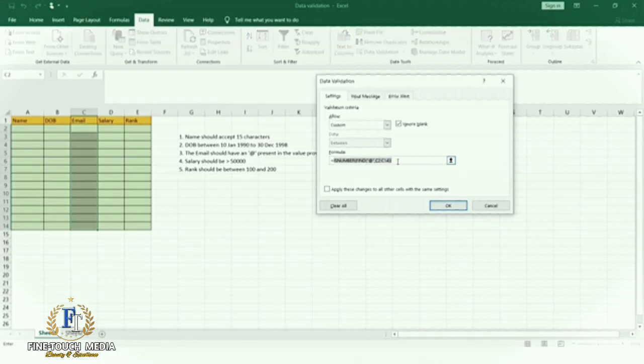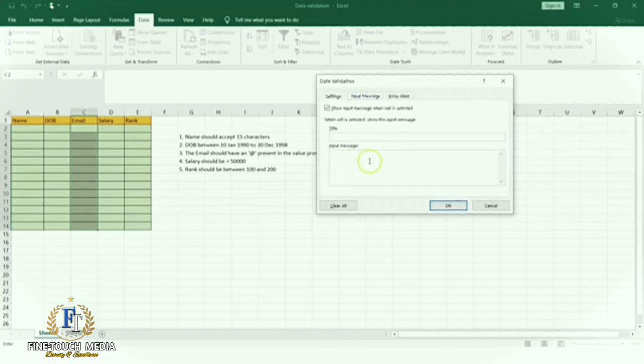So the only thing we are concerned about here is that the value should have an email icon. You can input a particular message. You can say what has to be done for error alert. So for example, we can go in here and say "invalid email." That's the title I'm giving. And we can say the message, "email should contain